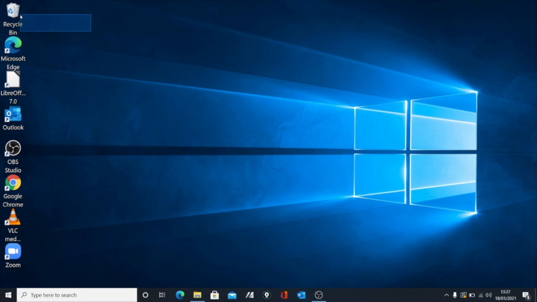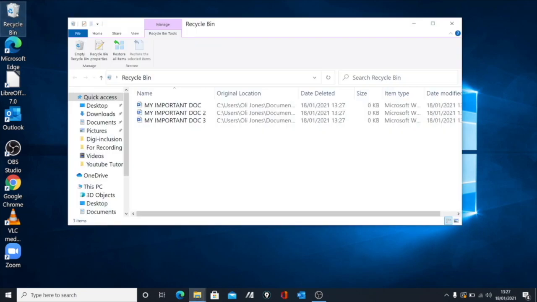So if I head over to there and then double left click on that, you can see that they've been moved to the recycling bin. Now if I left these, if I didn't do anything about this, in 30 days time these would be deleted permanently. But if I wanted to keep these, as I've said these are my important documents, then I have 30 days or so to check my recycling bin and restore them.